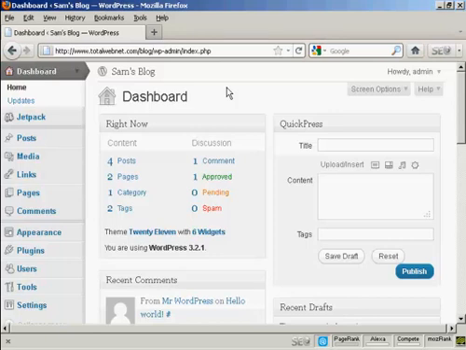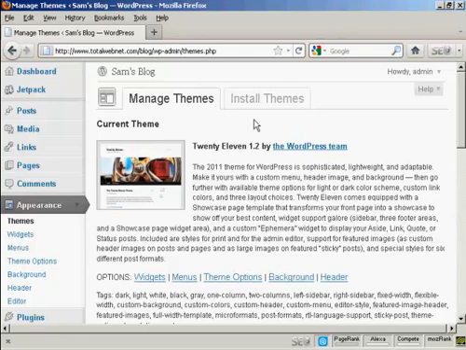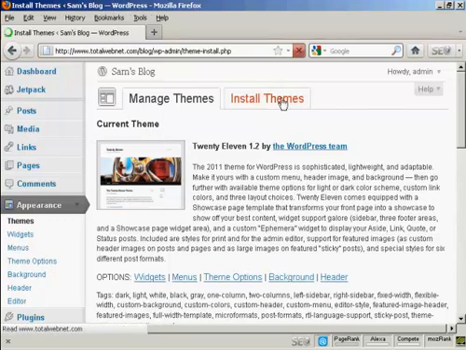To add a new theme to your WordPress blog, come over here to where it says Appearance, and it opens up here on Themes. And you've got two tabs here, Manage Themes and Install Themes, and you can see the current theme displayed here. So click on the Install Themes tab,